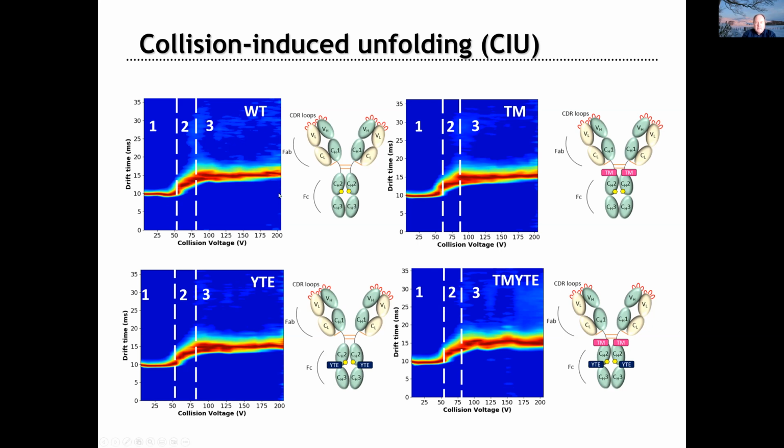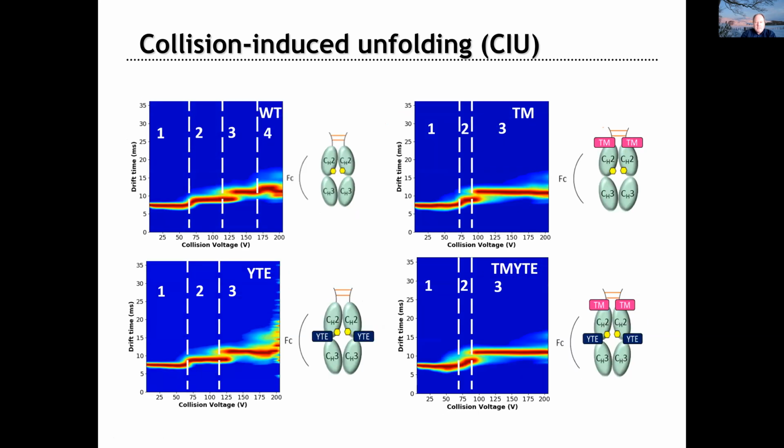But it doesn't matter here, because again, we find at the intact antibody level, wild type, TM, YTE, and TM YTE, we do not really easily see something much different. So the global unfolding dynamics seems to be somewhat the same, but I think we're just not resolving the differences. While quickly going now, because you know where this is heading, I guess, looking at the different parts of the